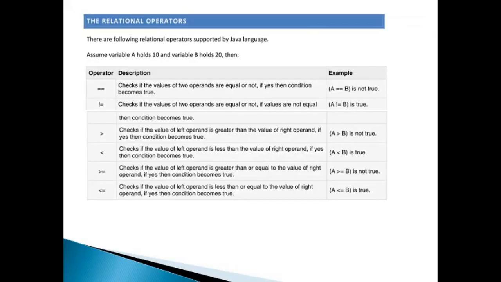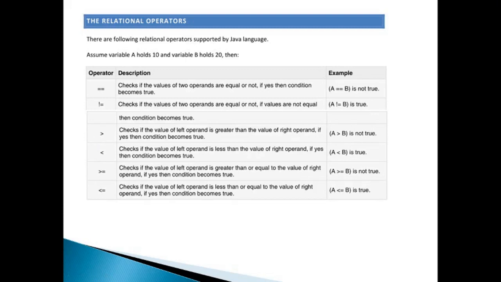And if we want to check whether two values are not the same, then we use the not equal to sign, with an exclamation mark and just after it the equal to sign. This is known as not equal to. Okay, then if two integer values or two float values or double values are there, and if one is greater than the other, it will be true. For that comparison we need the greater than relational operator.